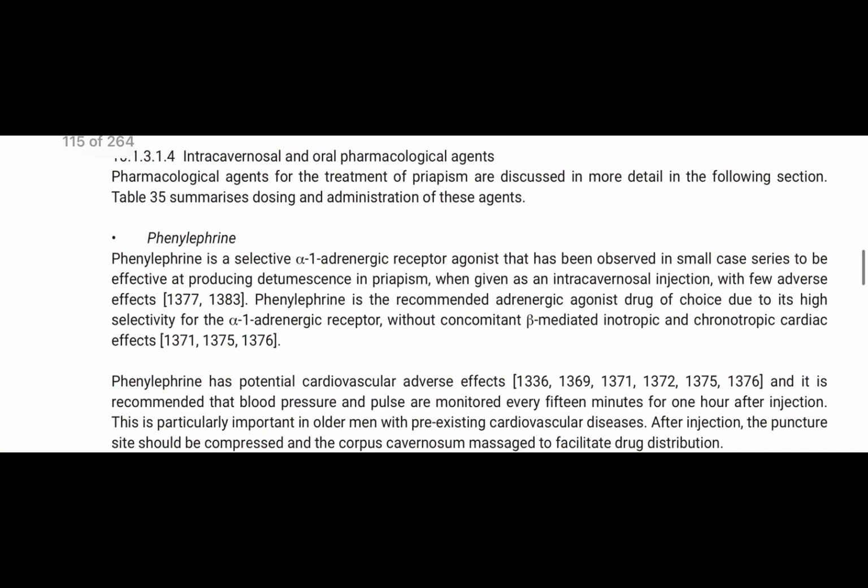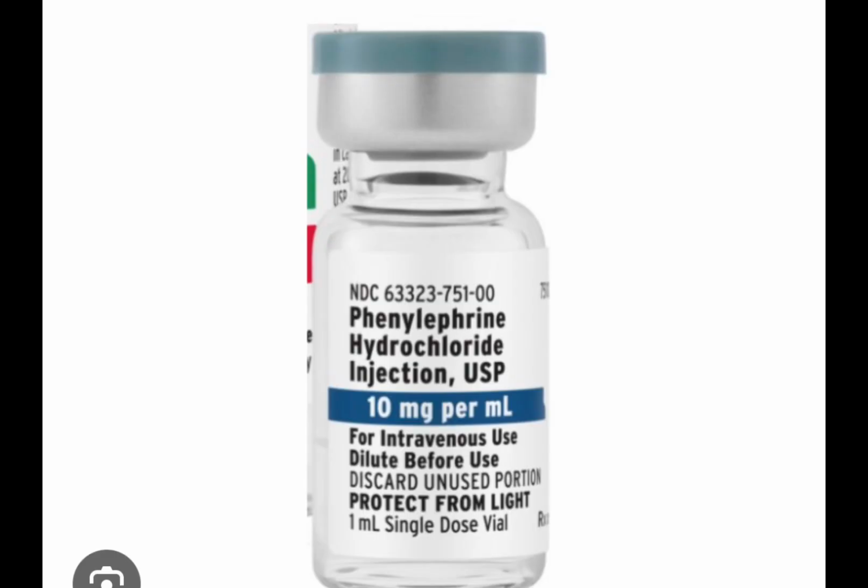Phenylephrine is available in the market with one vial containing 10 milligram per 1 ml. It means that the vial consists of 10 milligram in a 1 ml solution. It means that 1 ml contains 10 milligram or 10,000 microgram. So if you want to take 200 microgram, we will take 0.02 ml from the injection, and we will mix it with 9.8 ml normal saline, and then we will inject 1 ml, and 1 ml will contain 200 microgram.